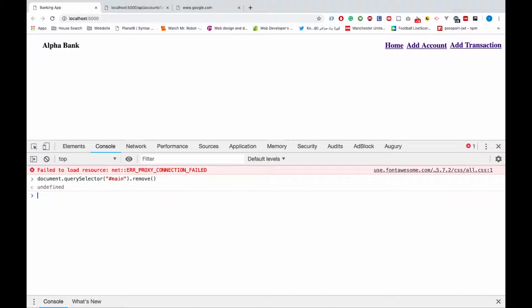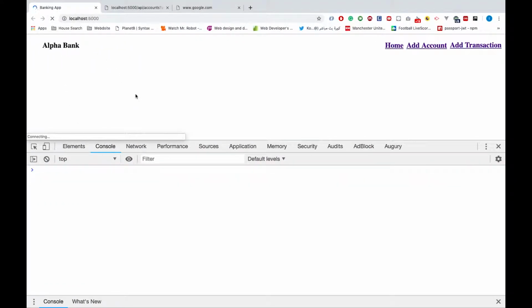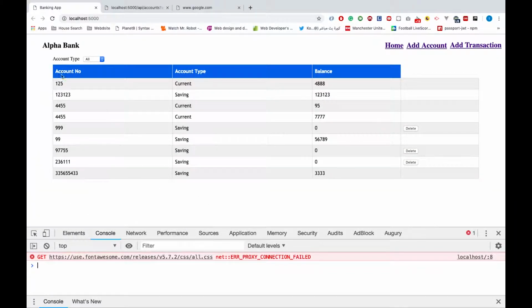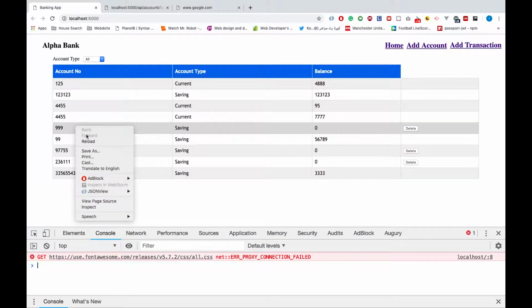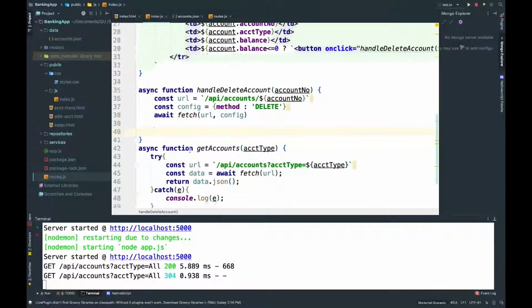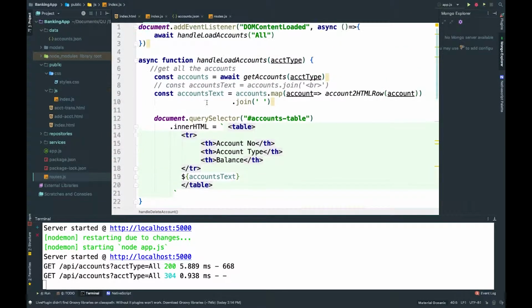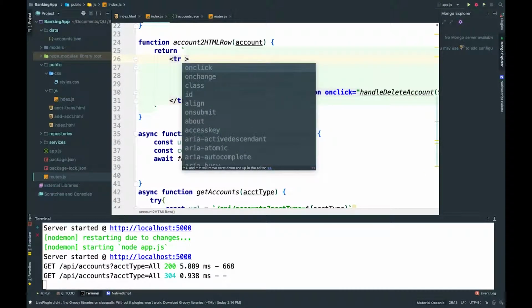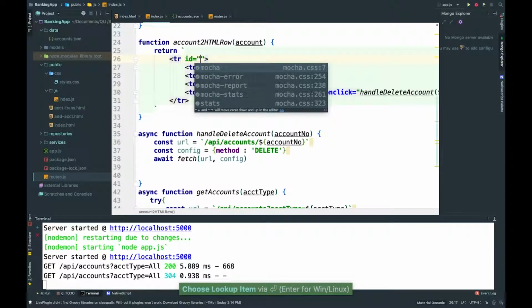So you need to know what? The ID. The ID of the element. In our case, if we were to do this, which ID do we need? The row ID, isn't it? But if you see our rows, right click and inspect, do they have IDs? No. So we need to do what? We need to add IDs for them. And where can we add IDs? When we were generating them, right? When we were generating them, if we added ID equals to